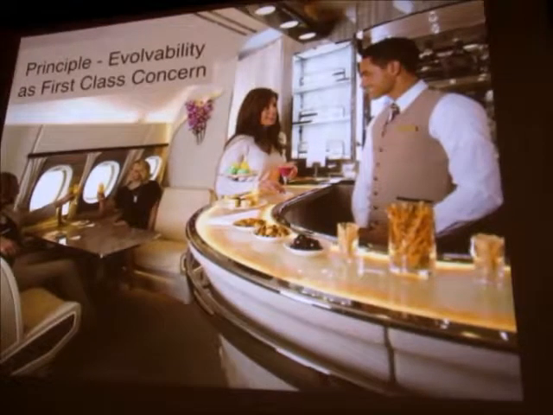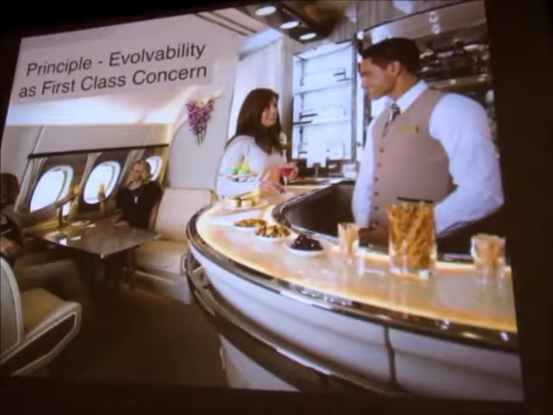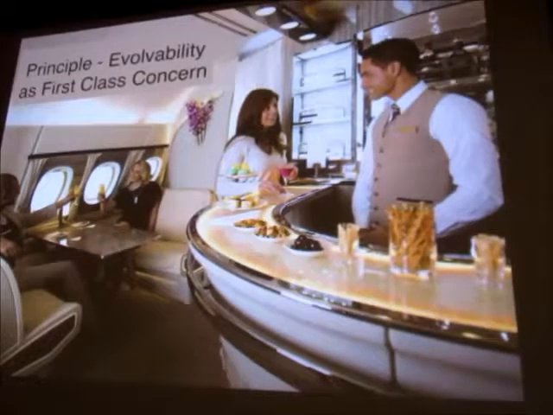So here's the first principle I want to introduce: evolvability as a first-class concern. To me, it's less about having the perfect architecture in the sky. It's more about making sure that you can build something that is evolvable to where you want to go. So making things that are changeable, so you could swap things out later, and we can evolve it towards where we really want to be.